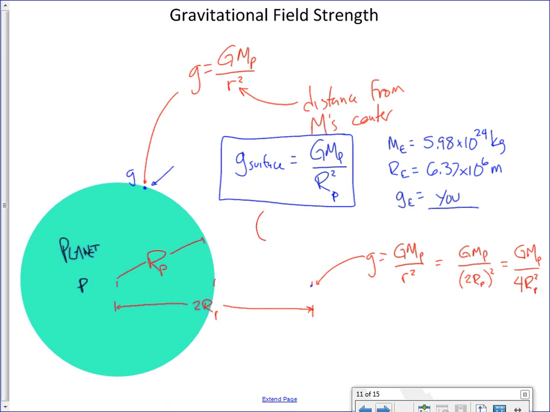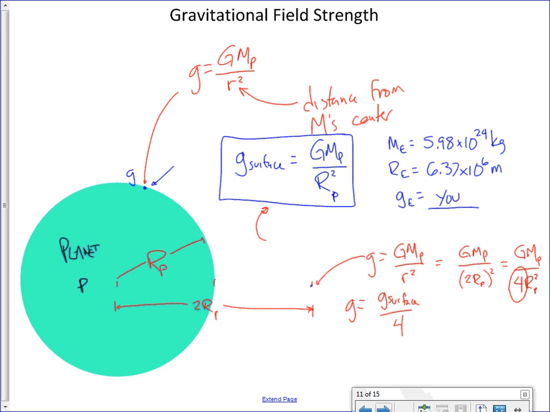And look, g at the surface is that. g twice as far away is that, but divided by 4. So twice as far away, g here is g surface